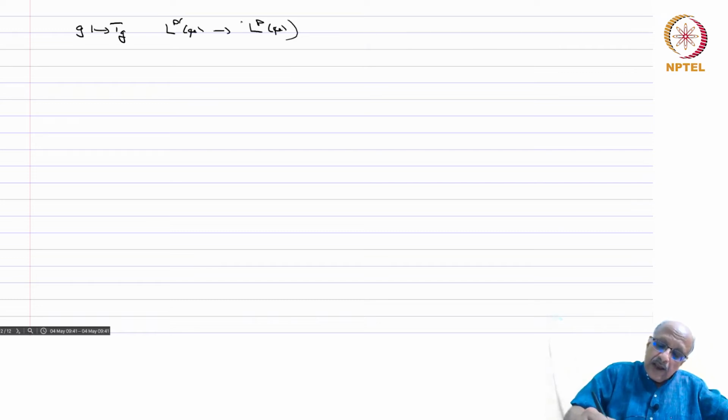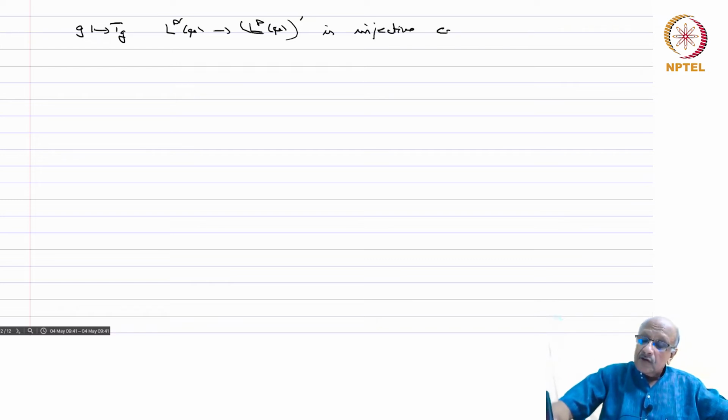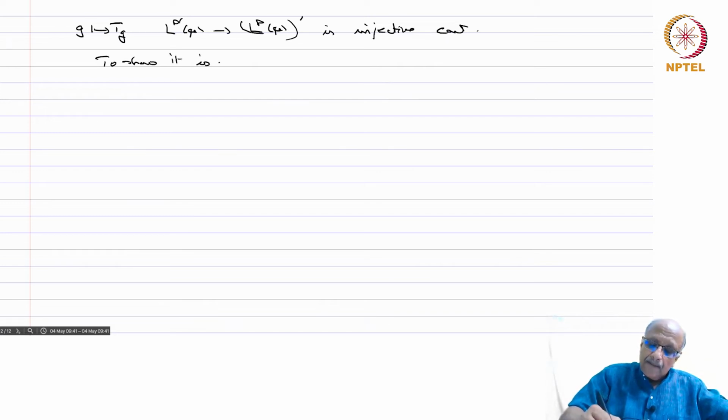Okay. So now you have that the map g going to T_g from L^p'(mu) to L^p(mu)', the dual space, is injective and continuous. To show it is surjective and an isometry